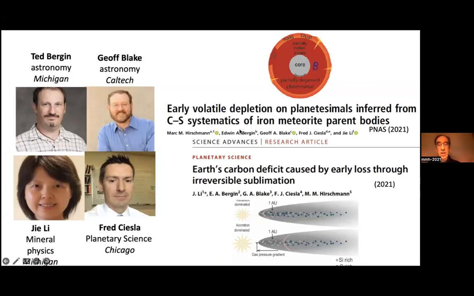And then another, which was kind of an interesting excursion, as it were, was how to use iron meteorites to understand the process of carbon loss during planetary differentiation. And so I'm going to dive into iron meteorites, which I think some of you may know about, but I'm going to assume that they are relatively unfamiliar to most of you. And first of all, describe to you why I think they're so interesting for this problem. And second of all, how we've been able to use them to talk about the problem of carbon loss.